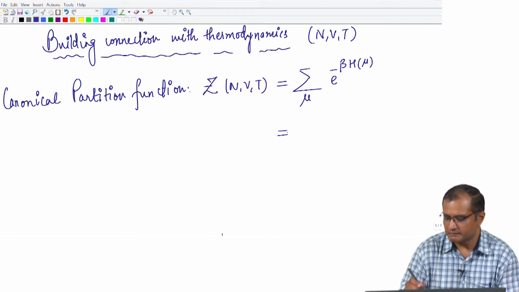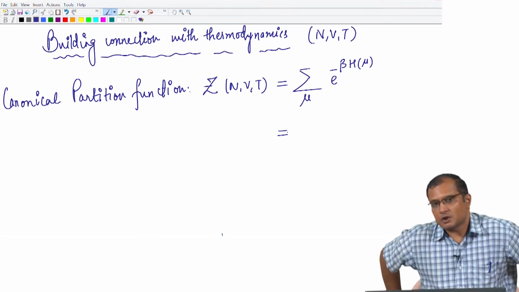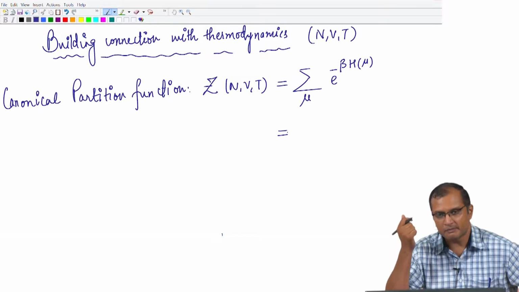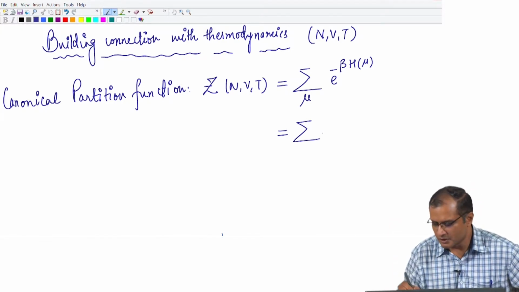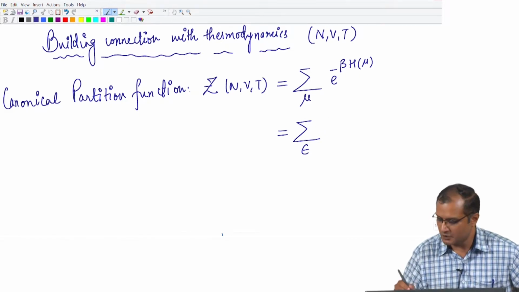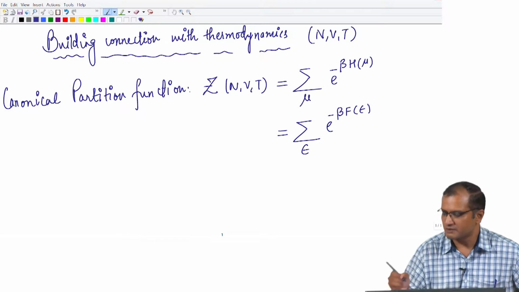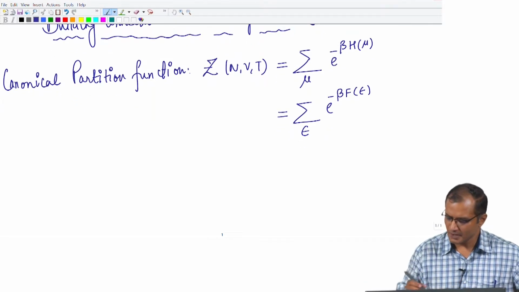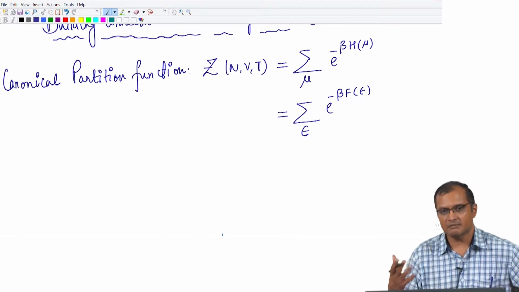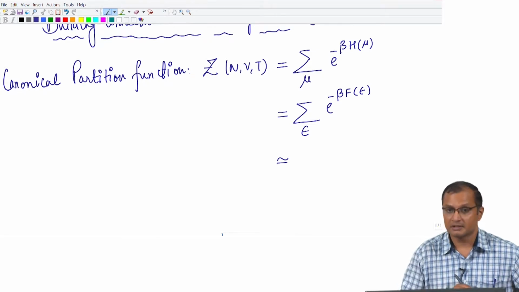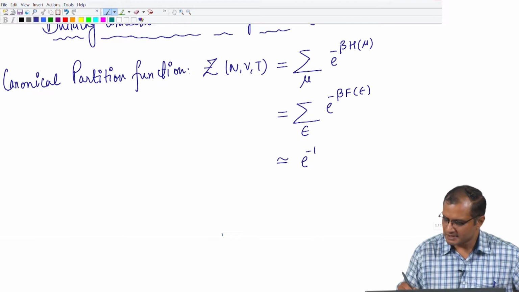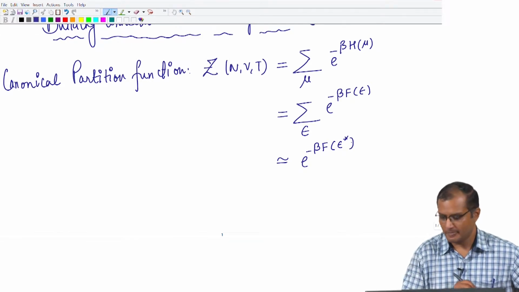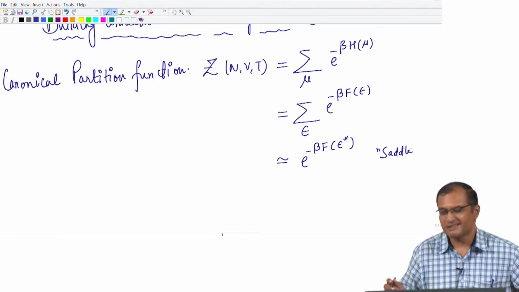But we said that we are interested in a representation in terms of energy, not microstates, because there are many microstates which may have the same energy, so called degenerate microstates. So, we reduced it to the representation in terms of energy, and when you do that we observe that the Boltzmann factor is now in terms of the free energy, the function of energy E, okay, free energy for the internal energy E. And we said that the summation involves a large number of energy states. So, it can be approximated by the largest value in the summand, which is e to the power minus beta f, the energy which minimizes f. Okay. So, by saddle point, which was discussed, stated without proof,